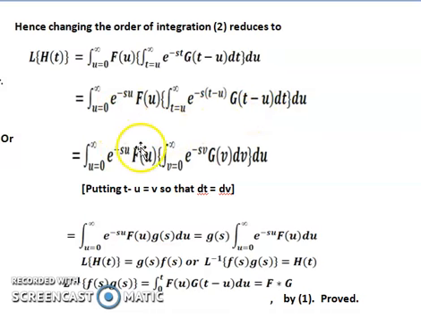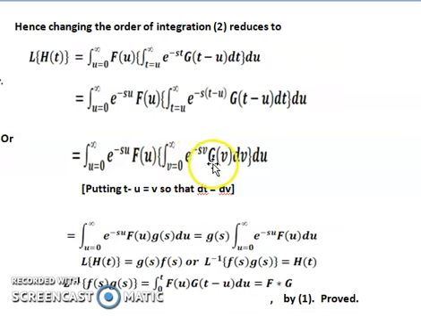Now e to the power minus su f(u), du as it is. Here t minus u can be substituted in the form of v. So suppose it as v, so dt becomes du dv. So this integral becomes like this form, and the first integral, so this integral v equal to 0 to infinity